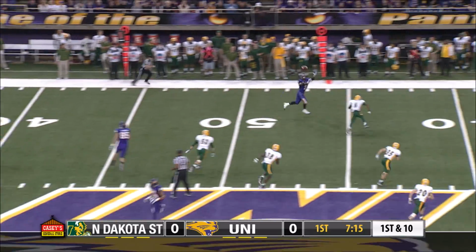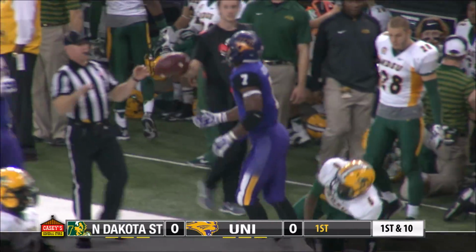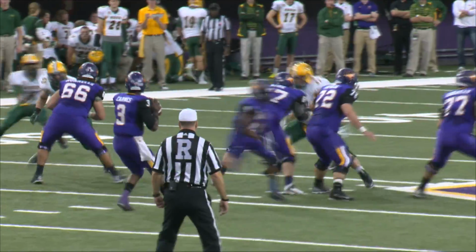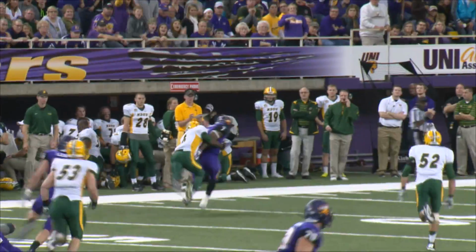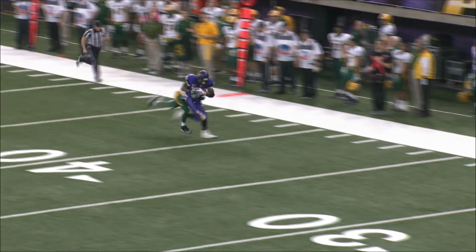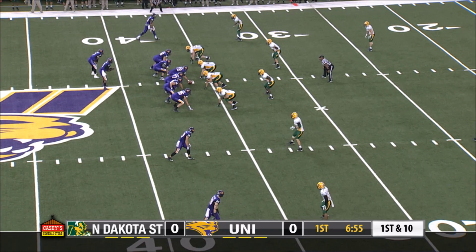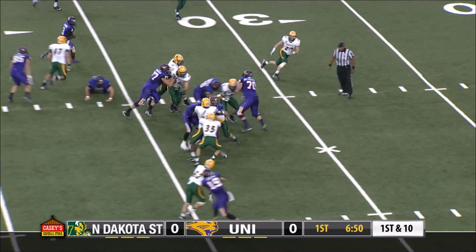There's a pass on the top of your screen to David Johnson. He can do it all. How good is he? He's a running back. He's a receiver. One-handed, left-handed catch. Rushing yards leader. He's also got that all-purpose yards leader in the career record books for UNI. Quite the career David Johnson is finishing up this season, and he gets the carry